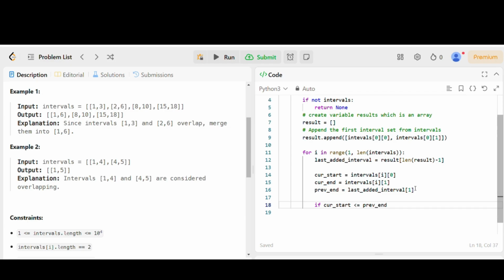So for example, the current start, let's say, is 2, right? Let's say 2 is less than 3, then we know that this is an overlapping interval. So what are we going to do then? Then we are going to say results -1, 1 is equal to max of cur end and prev end,